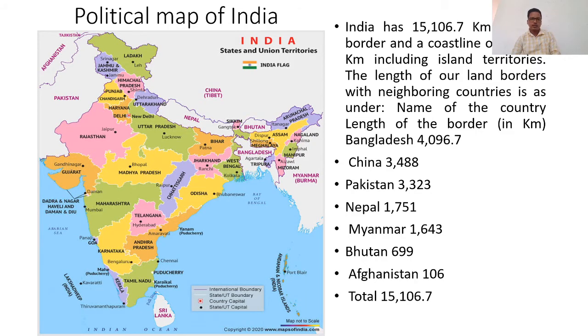Coming to the second slide, you can see the frontier map of India here. So India has a total border length of 15,106.7 kilometers of land border and a coastline of 7,516 kilometers. Everybody must know this, because our Prime Minister Modi ji always says that we have 7,500 kilometers of coastline. So that means the opportunity is there for international trade. So Make in India can also succeed through this, through the development of the Sagarmala and Bharatmala projects.